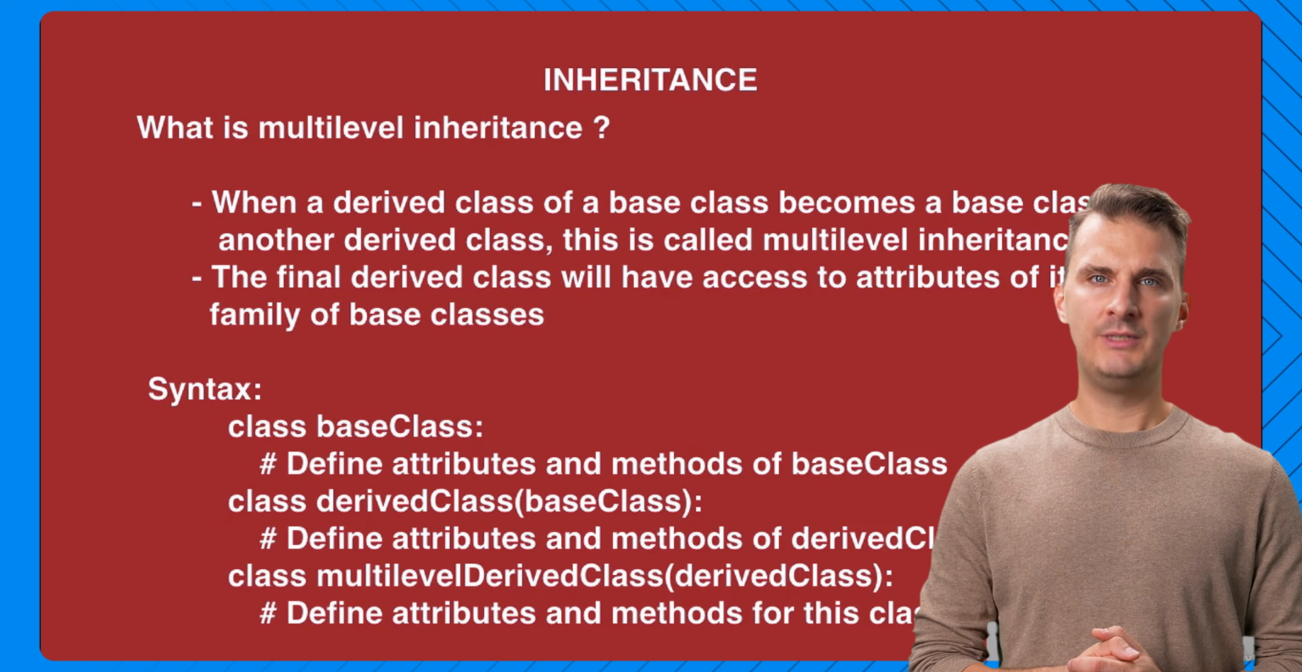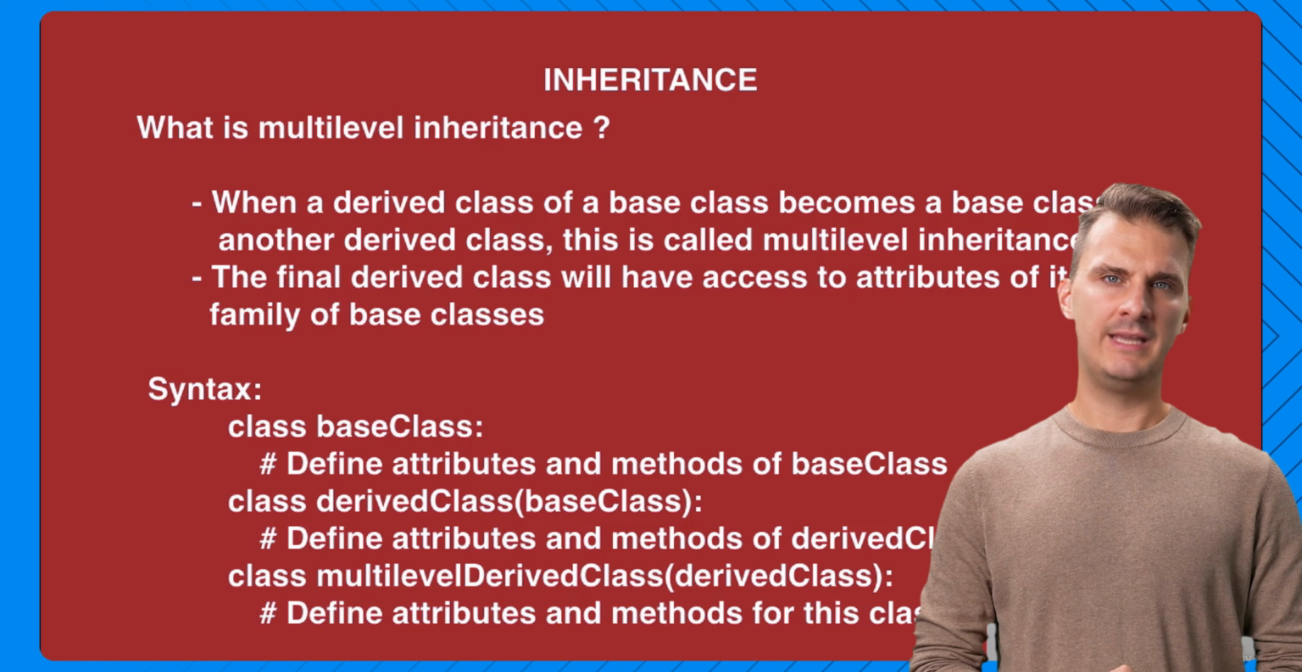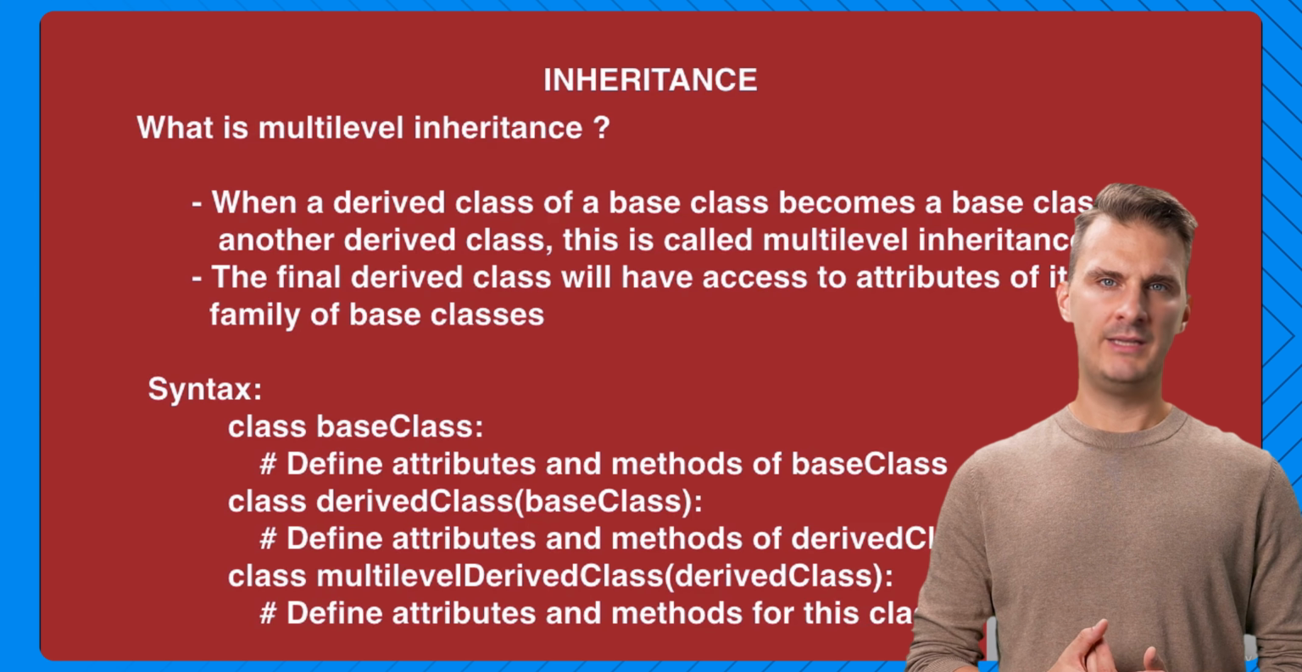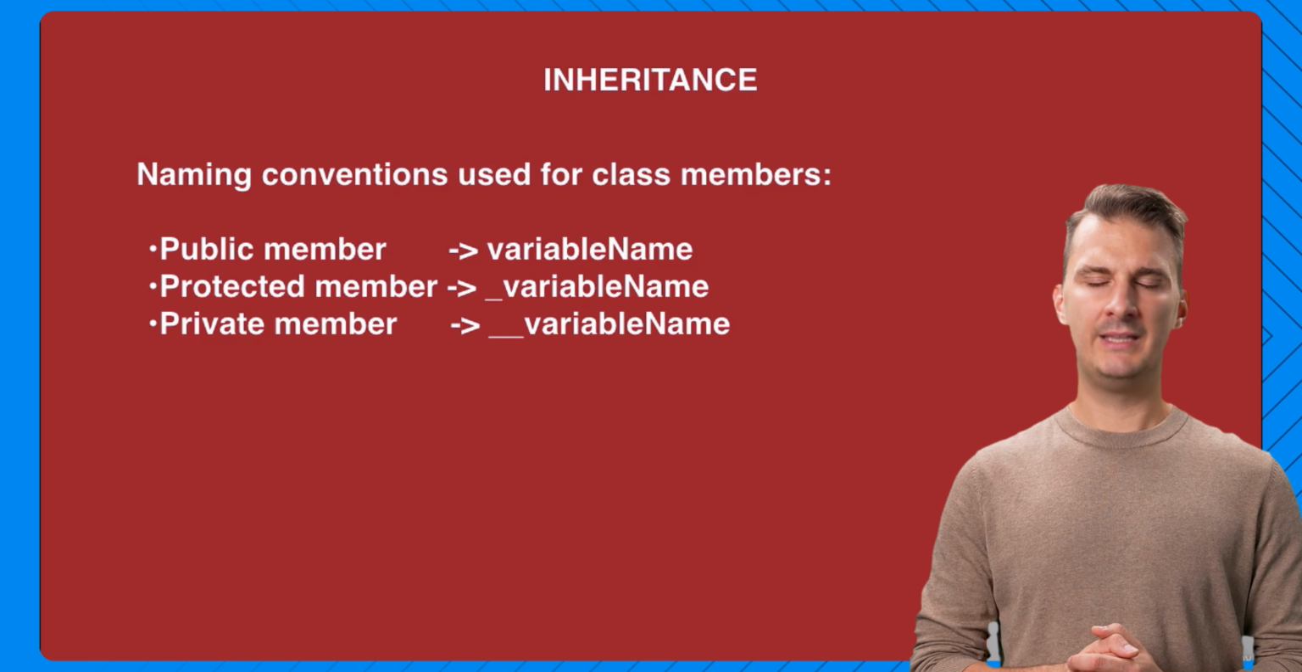You have a derived class which inherits from a base class, and this derived class becomes a base class of another derived class. So the derived class at the bottommost level will have access to the attributes and methods of its family of base classes. And then you learned the naming conventions used for class members, which is just the variable name for your public member,